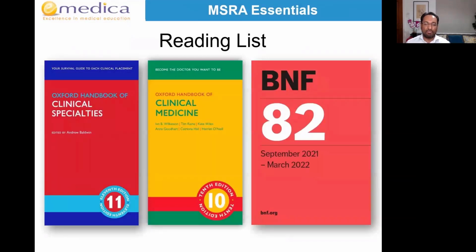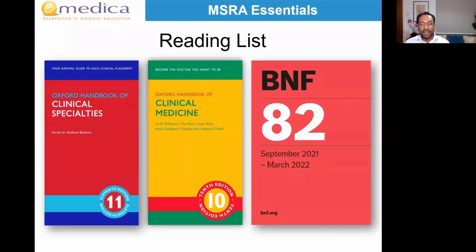So, things that you can find helpful if you want to do some reading. The Oxford Handbook of Clinical Specialties covers a lot of those other specialties that make up things like allergy, immunology, psychiatry, ENT, ophthalmology. And then the Oxford Handbook of Clinical Medicine covers a lot of the more broadly medical topics like the cardiovascular, the respiratory, the endocrine, those things.